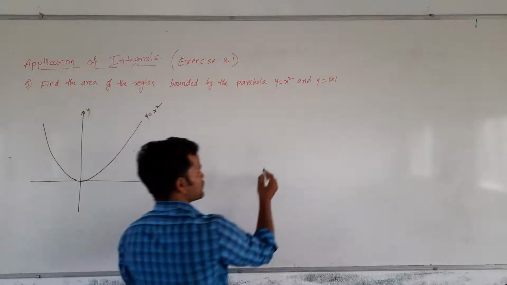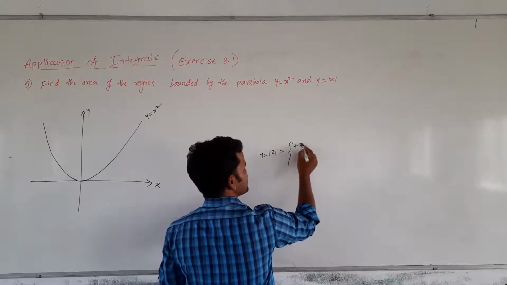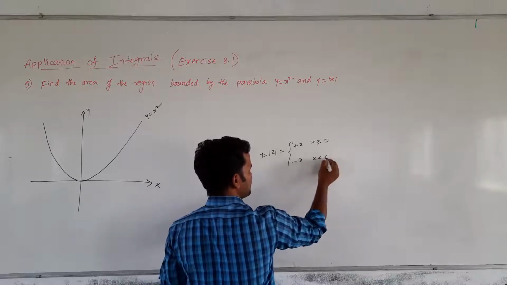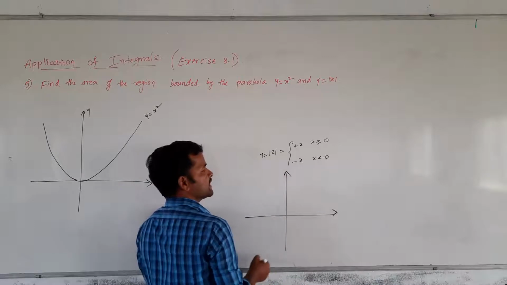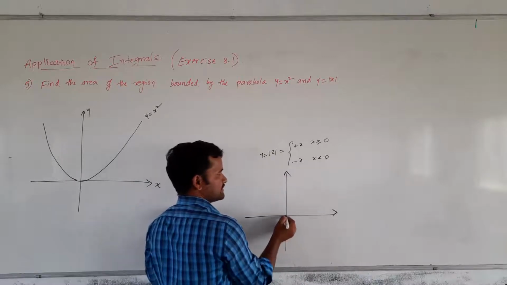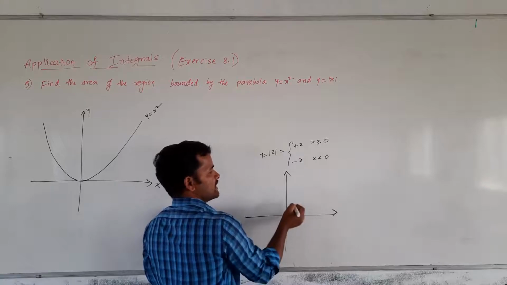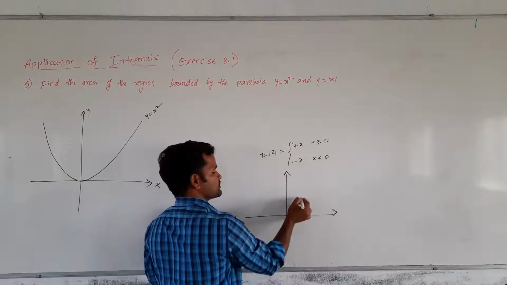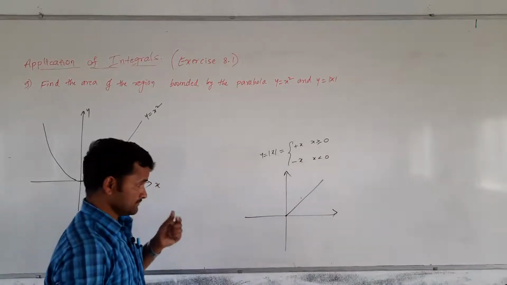I hope you know the modulus of x graph. y is equal to modulus of x means it is plus x when x is greater than or equal to 0, it is minus x when x is less than 0, that is the definition. At x is equal to 0, it will be here. x is equal to 1 means plus 1, here it comes. x is equal to 2, x greater than 0 condition, 2, so here it comes. It goes like this on the right hand side.